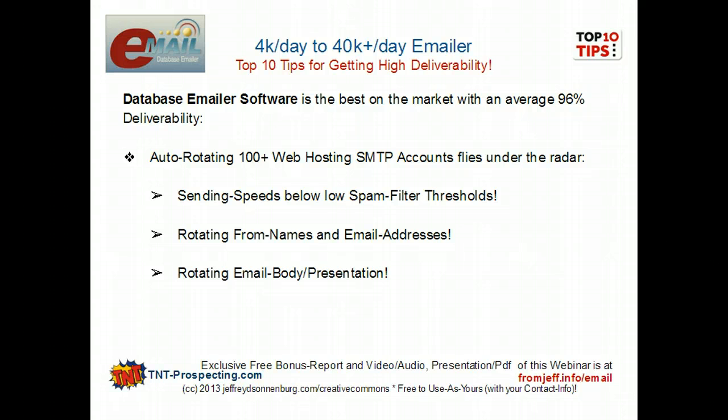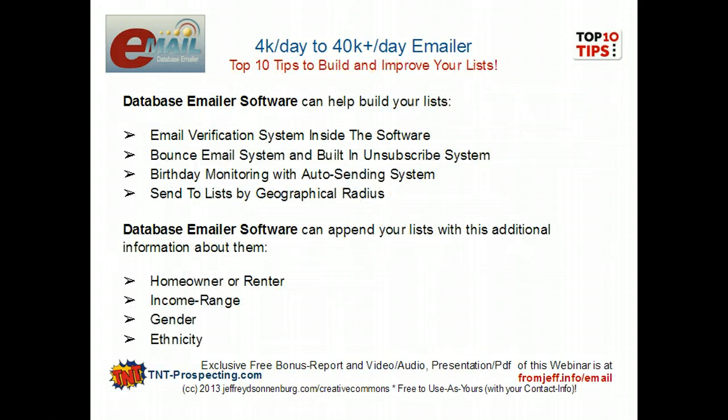The database emailer software can also help you build your list and improve your list. The reason for this is it has an email verification system inside the software, so it's actually going to verify the email as a working email automatically. It's also going to take care of any bounces. When they do happen, it's going to automatically delete those from the email list. It also does an automatic unsubscribe and deletes that from the email list,